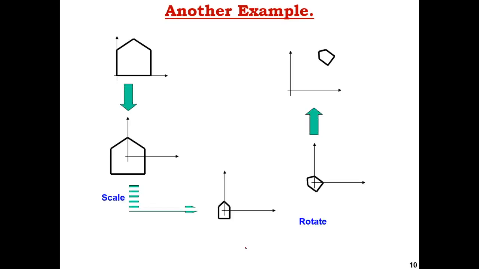You can see one simple example here. With a simple object, we apply scaling, which scales it down, then rotate, and then translate. So this is the final. Combinations of three, four, five, six operations can be possible, but if two successive scalings, two successive rotations or two successive translations happen, they generate the same result.